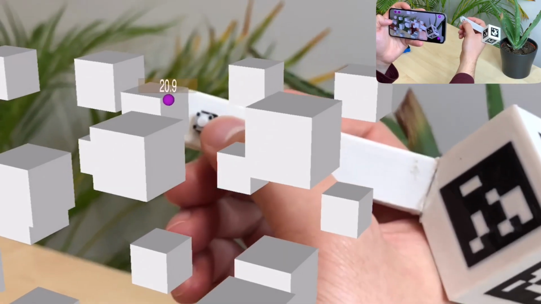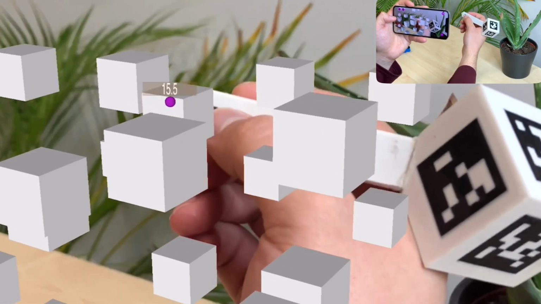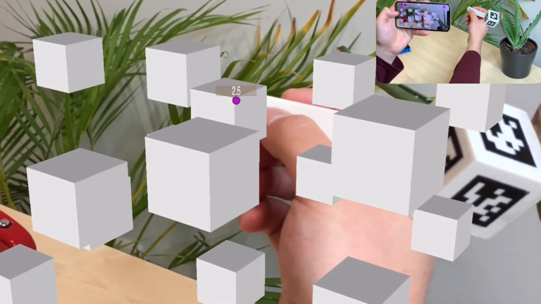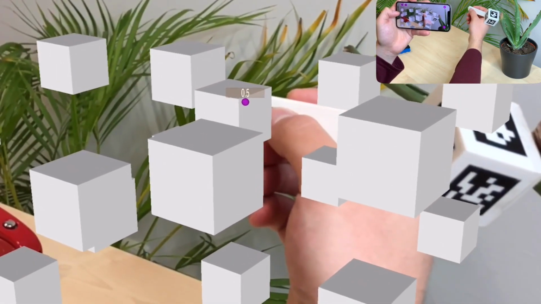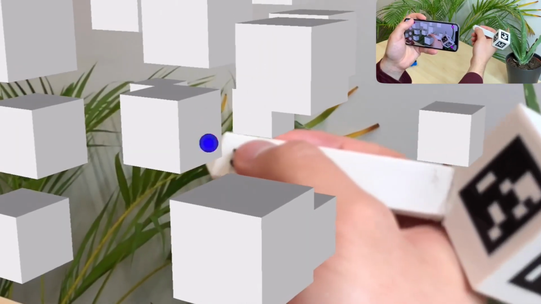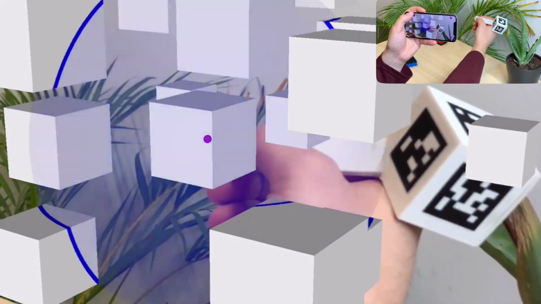The first technique, called Depth Ray, adds a label indicating the distance of the pen tip to the next object behind it. It builds on the fact that it is easier to assess the horizontal and vertical position of the pen than its depth position. The second technique, called Bubble, renders a bubble that gradually expands from the pen tip, highlighting all intersections with surfaces in the scene as it is expanding.